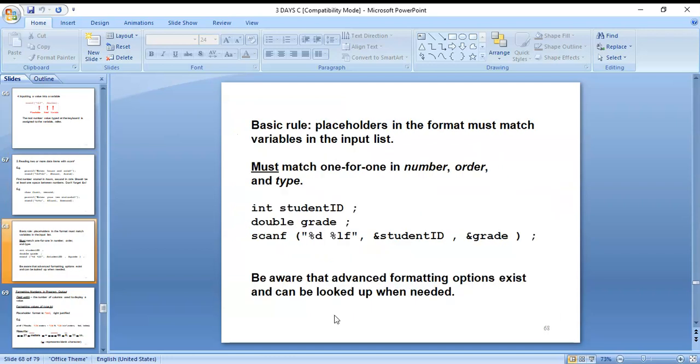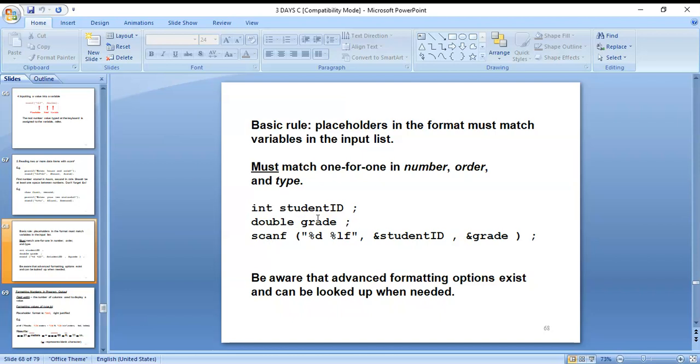Next, the basic rules for placeholders are that the format must match the variables in the input list. They must match one for one in number, order, and type. You can see here int studentID.